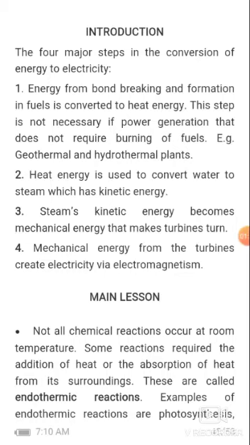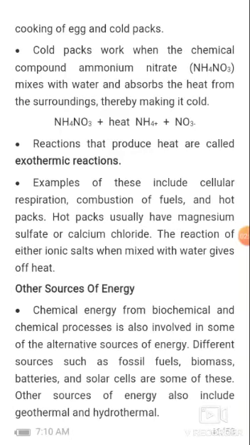So in photosynthesis, the heat from the sun is absorbed by the leaves of the plants. Cooking of egg and cold packs. Cold packs work when the chemical compound ammonium nitrate mixes with water and absorbs the heat from the surroundings, thereby making it cold. So the reactions that produce heat are called exothermic